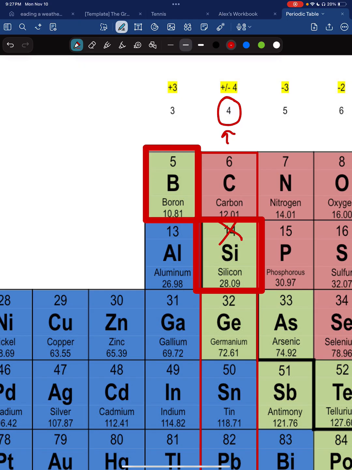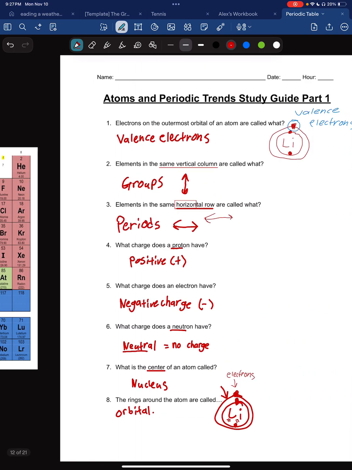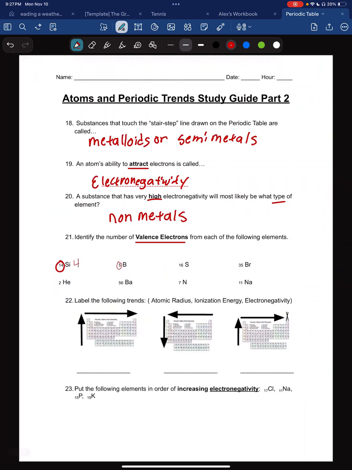Okay, and now the valence electrons again is not 5. Okay, it is the group number. So your group number is 3. So boron is going to have three valence electrons. Okay. Now let's go down. All right, I'm going to save these 4 for you guys. I want you to try, and you can check it out in your notes, or on the Google Classroom